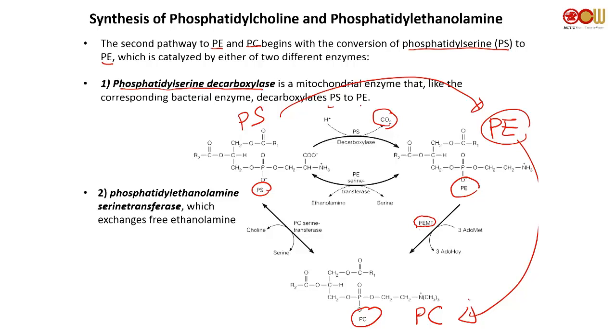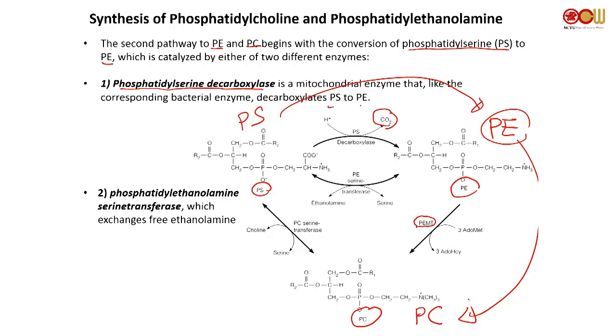However, the interconversion between, for example, PE to PS is a transferase. PC to PS is a transferase. Okay, so everybody can go back to PS. All you gotta do is put serine and you do a transferase. OK，所以 PC 跟 PE 都回得去 PS。OK，所以 just so that you know。OK。但是 PE 跟 PC 回去 PS 的方法是用 transferase，